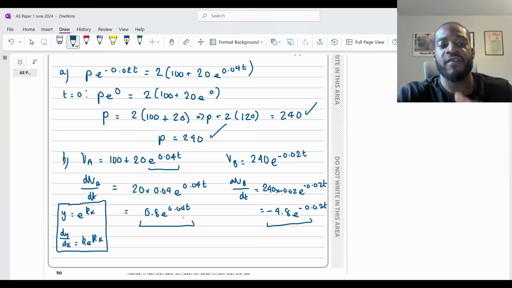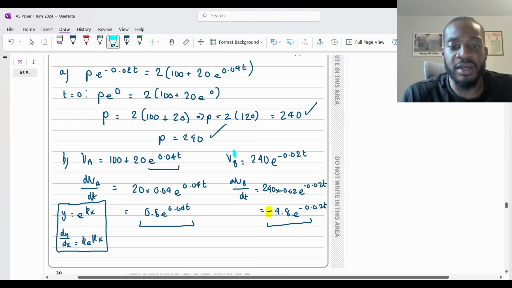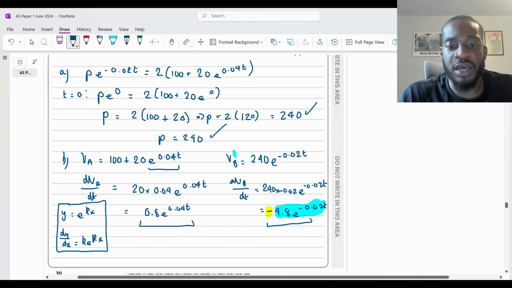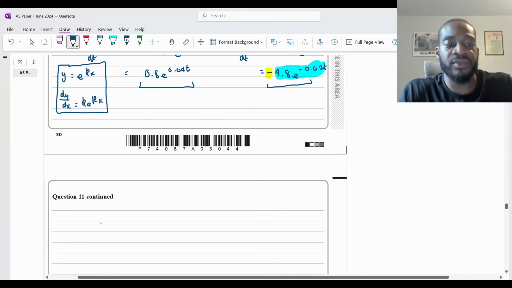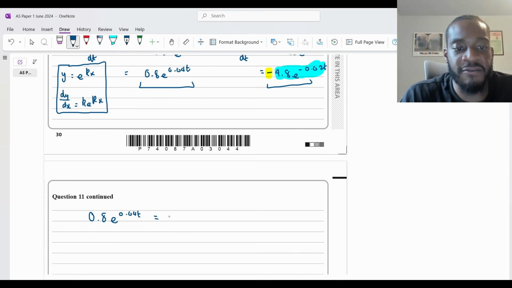Now remember, we're comparing the rate of increase to the rate of decrease. So we do not care about this sign, I should say. We just want this part. This is what we want. So when we're solving this, we're going to equate 0.8 e to the 0.04t with the thing in blue without the minus, okay? So I'll do it on this side here. So 0.8 e to the 0.04t is going to equal 4.8 e to the negative